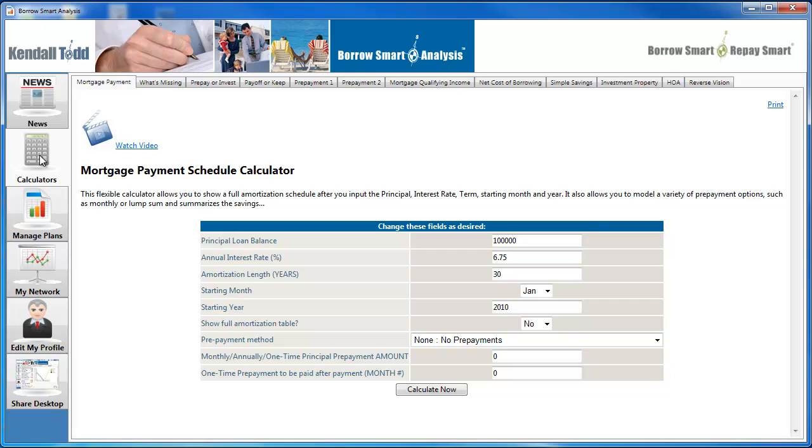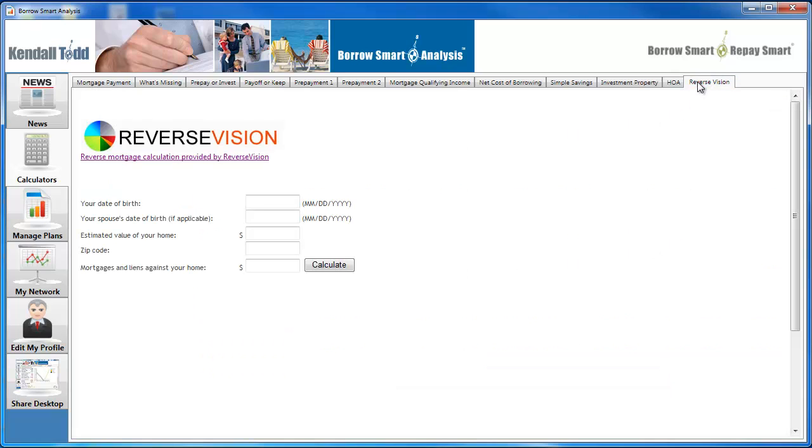On the calculators, we have the Reverse Vision calculator is now live. So we've talked about this before, and we're excited to be partnering with Reverse Vision. We will actually be integrating a reverse mortgage presentation into the software in the coming, probably next 3 to 4 weeks. But for the time being, what this allows you to do is you can put in your birth date,